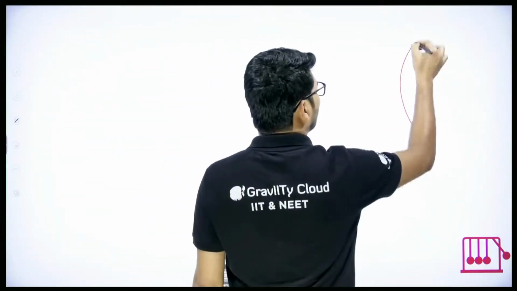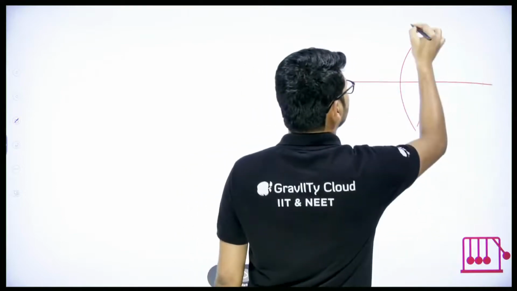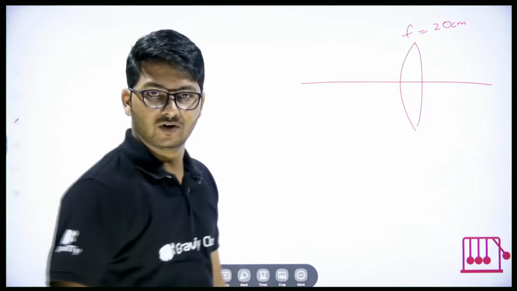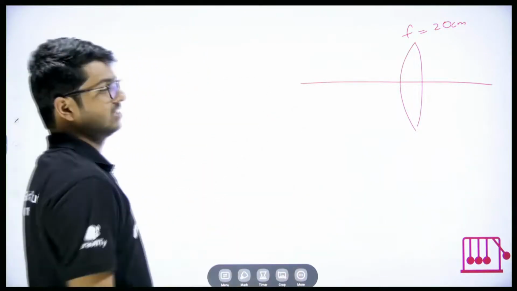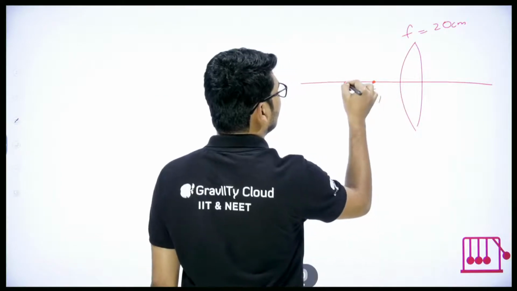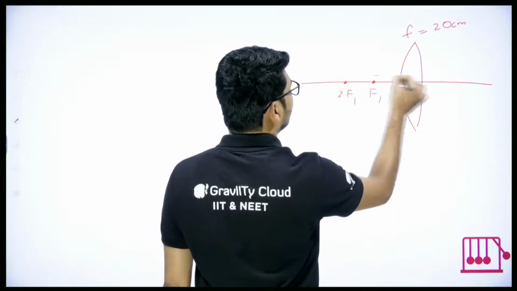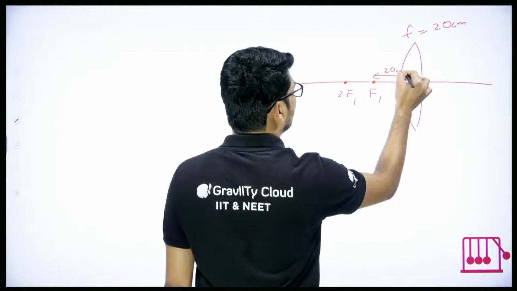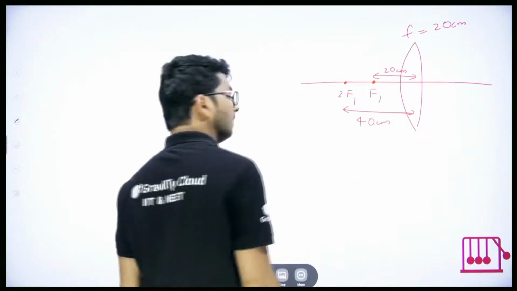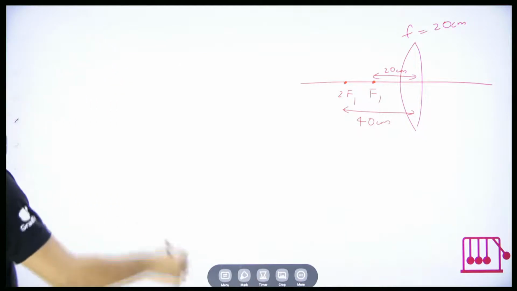You can draw a rough diagram to get an idea. Let's say this is the convex lens, focal length is 20 centimeter. For a convex lens, focal length is positive. You can directly take it as positive. So here this point, let's say it is F1. This point will be 2F1. The focal length is 20 centimeter. 2F1 will be at twice the distance. 2 into 20 is 40. But the object position,